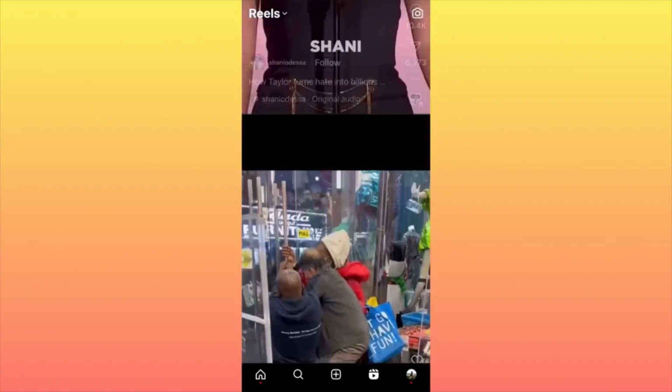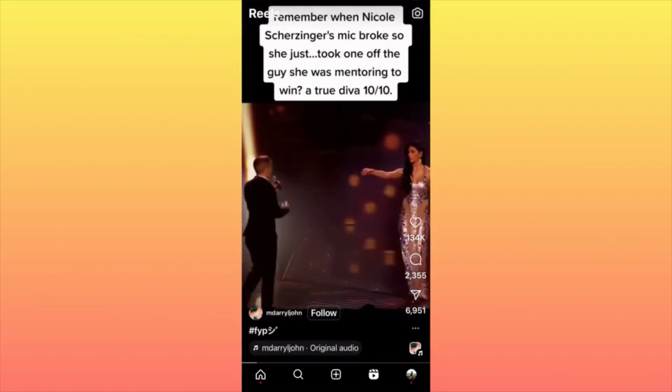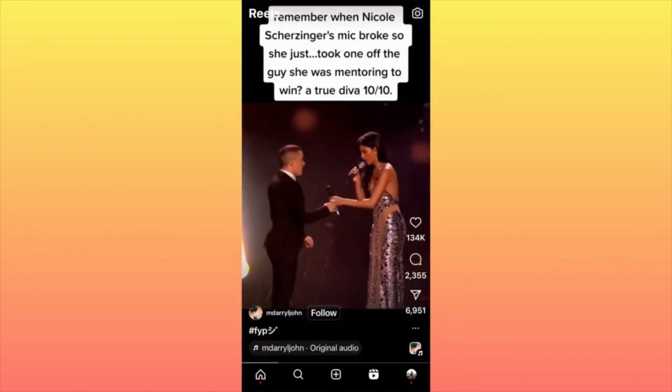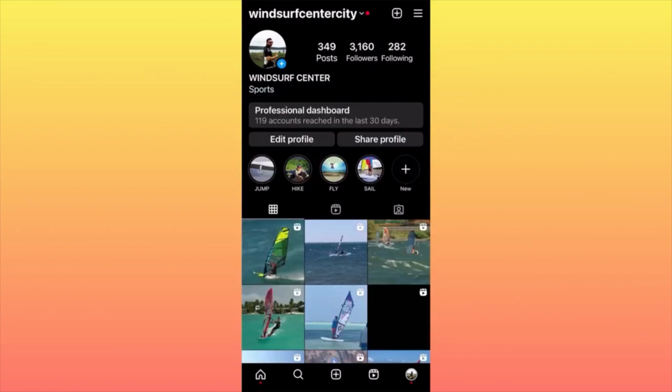Scroll back up will give you the exact reels that you watched. The issue with this is that if you actually go back to your profile and you lost the count or the history of the watched reels, next thing you're gonna do is you wanna go to the top right corner